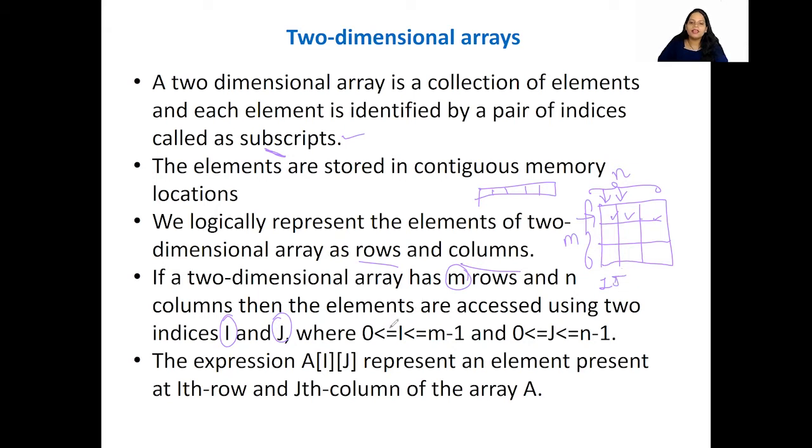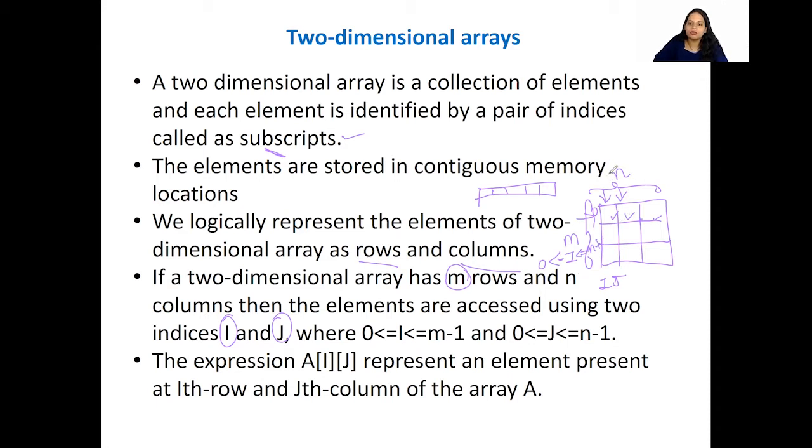Where i is greater than or equal to 0 but less than m. So i is going to represent our row value, okay? It can be equal to 0 because remember subscript always starts with 0, okay? And this should be less than or equal to m minus 1.